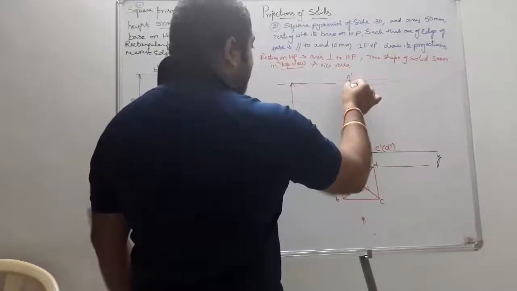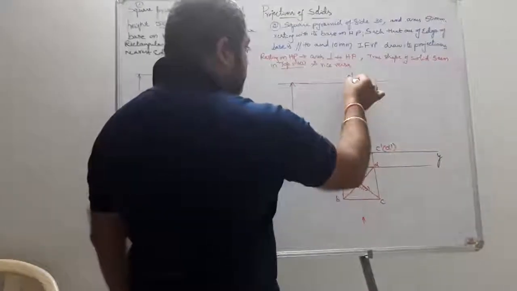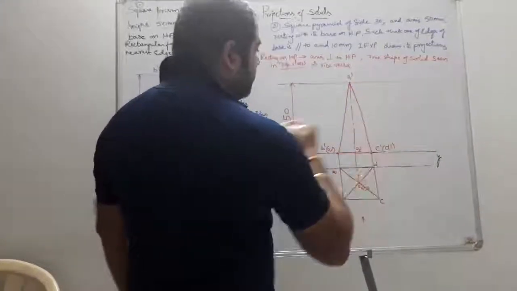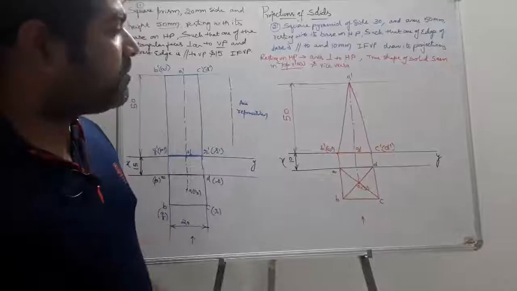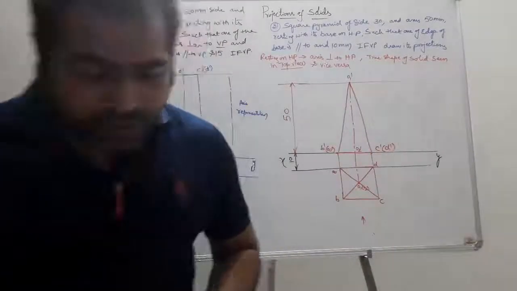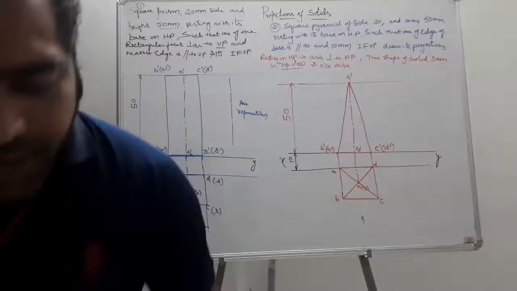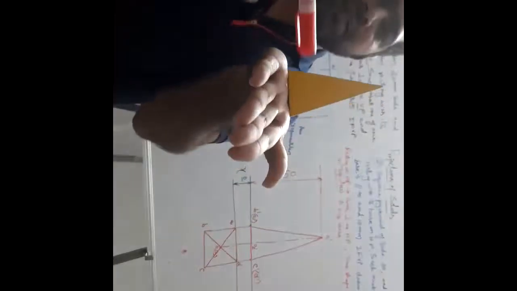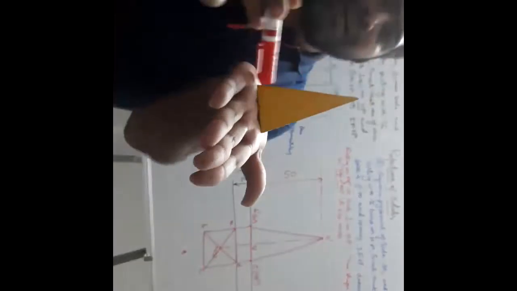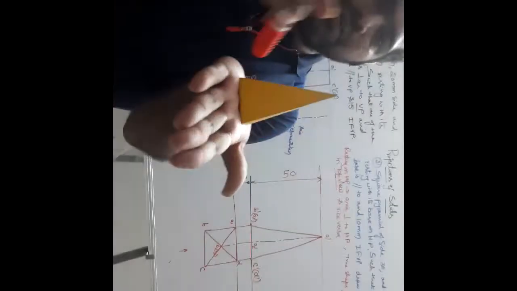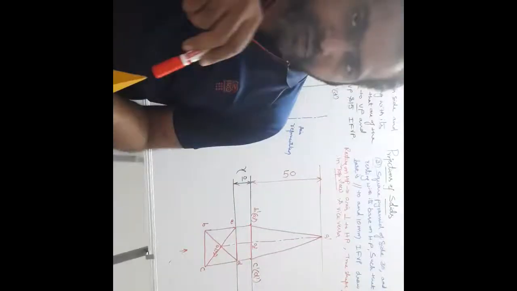Now join O1 dash with here. So this becomes your front view, this becomes your top view. So if you write like this, you are going to see only your triangular face in front of you, while from the top you are going to see the base square and also